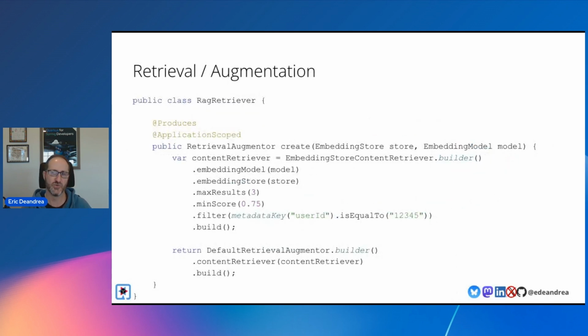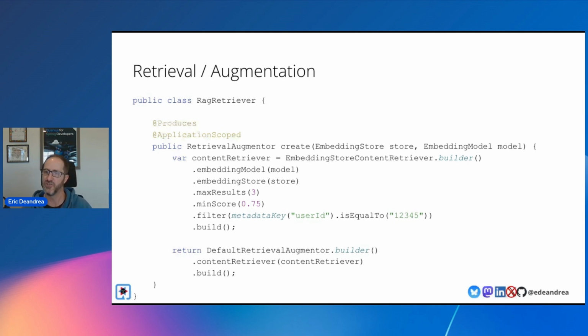And so actually doing it is pretty easy. This example is from Quarkus, but really the only thing that's Quarkus specific here are the annotations to make this available as a bean. The rest of the stuff in here is straight out of LangChain4j. So you create this retrieval augmenter class, which you give a reference to your embedding model and your embedding store. You tell it how many results you want to return, what your score is. So in this case, it's a 75% similarity.